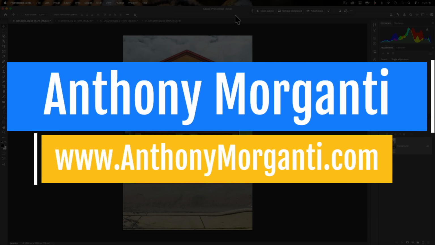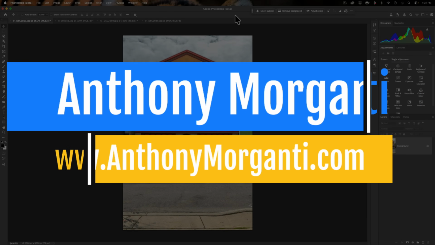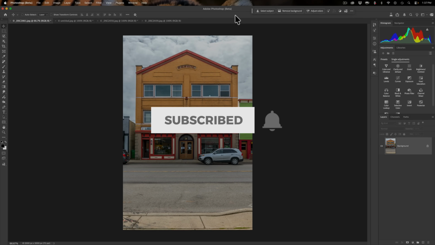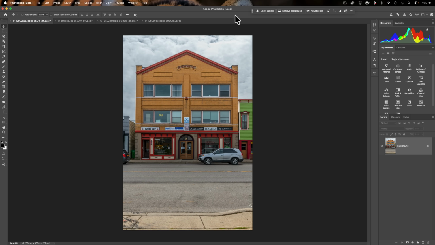There's a new feature added to the beta version of Photoshop that is fantastic when it works. The keywords are when it works. In this video, I'm going to explain what I mean by that, and then I'm going to demonstrate this new feature. Now, you probably already know that if you want to remove wires and cables, power lines, things like that,